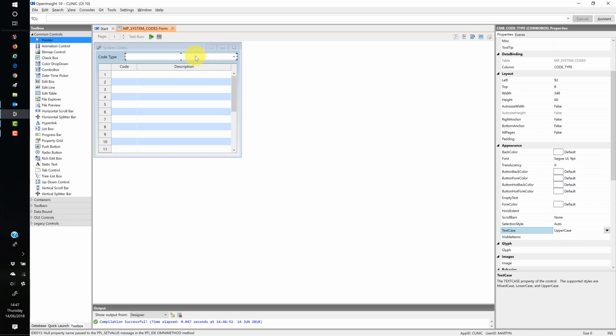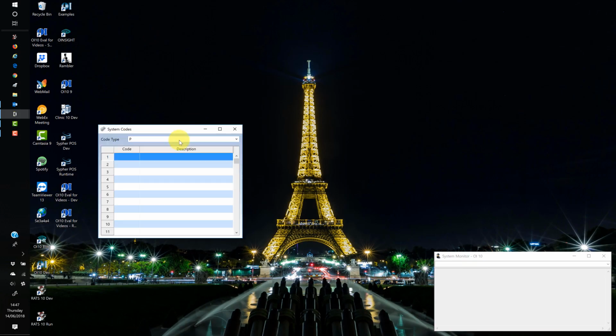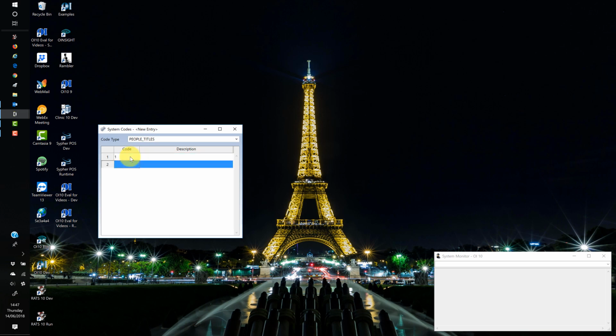have this is basically going to be our key, and we don't want somebody to put people titles in there in lowercase, uppercase and mixed case. We want to force it. So if we now test run that again and we do people titles, and we tab off, and we'll have 1, 2, 3, 4. I mean, you can have whatever you want in here. I'm just going to go with 1, 2, 3, 4, and I can have Mr., Mrs., Master, Ms., Miss,